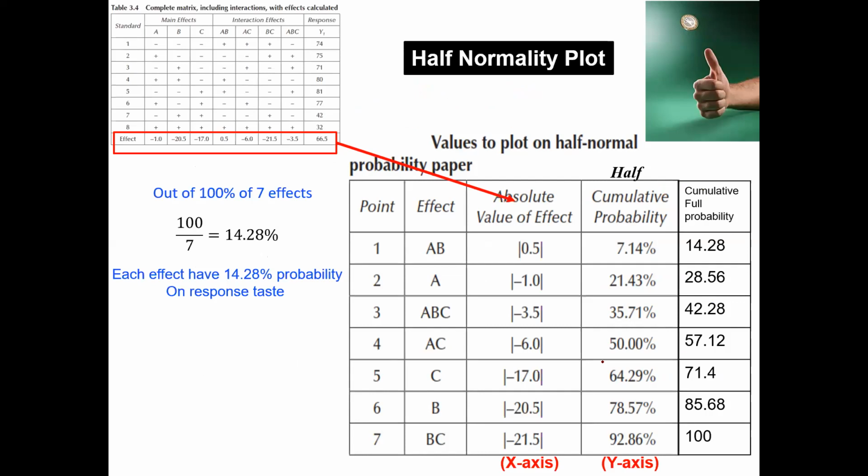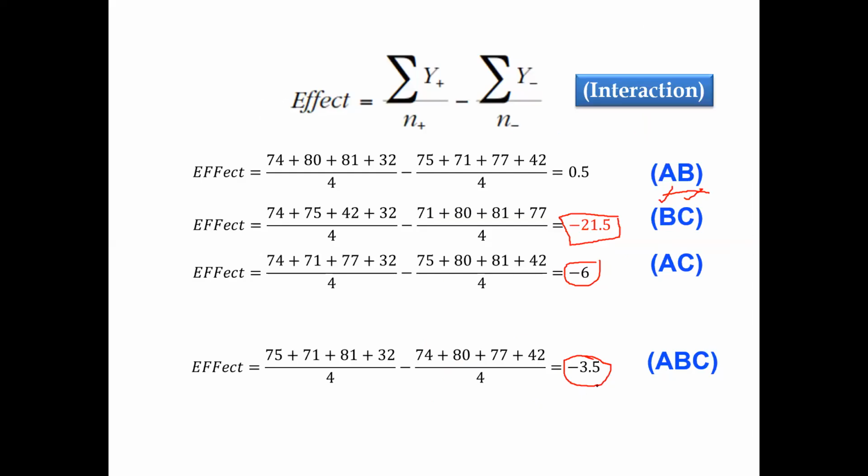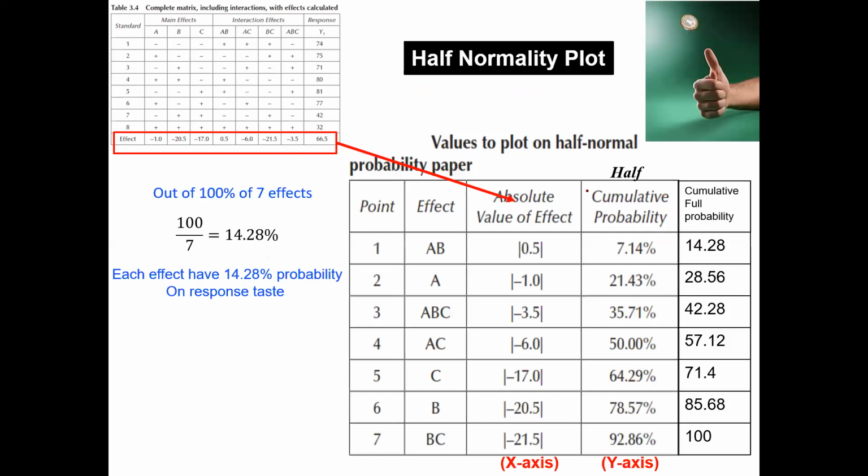Okay, so now as I said, we need some statistical tool to categorize all these values, whether they are influencing or not influencing, because just by seeing numbers, as I said before, we cannot say just like that one is interacting or another one is not interacting. So the statistical tool possible is the half normality plot, and you already know about the normality plot or the probability plot. What is the probability? It is the chance of getting a result.